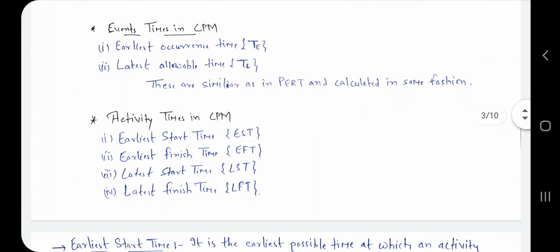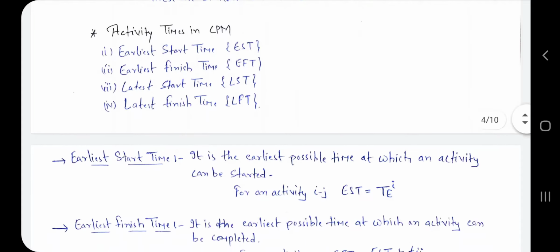Here we discuss activity times in the CPM. There are four parts for that: earliest start time, EST; earliest finish time, EFT; latest start time, LST; and latest finish time, LFT. So one by one we discuss these four parts of activity in CPM. Let's see the first part,